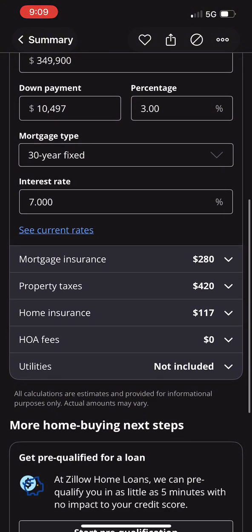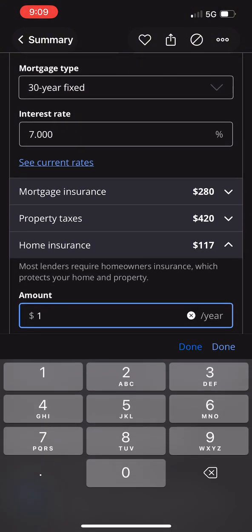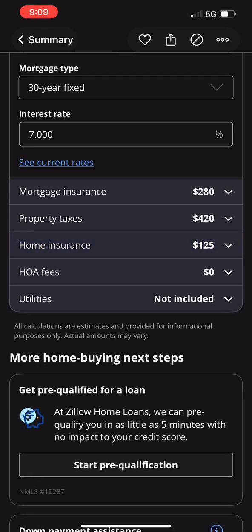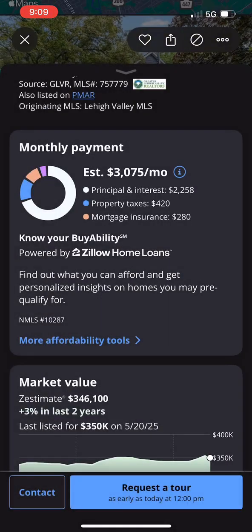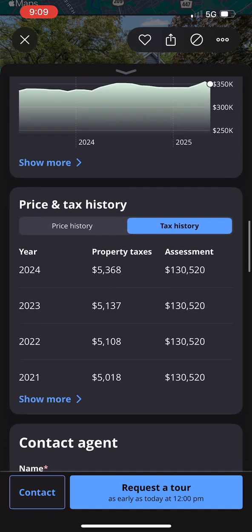Next part of our monthly payment that we want to adjust is your homeowner's insurance. It's probably going to set you up for different amounts. $1,500 a year, I think, is a going rate that I'm seeing a lot now. Now, the portion that gets screwy here is your property taxes. So you're going to want to go back into the listing here, see what the most recent property tax history was. Here it's